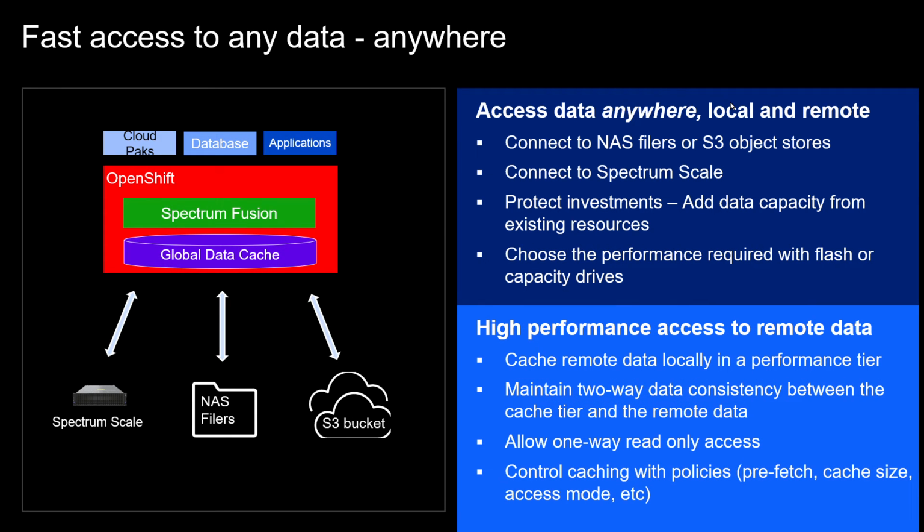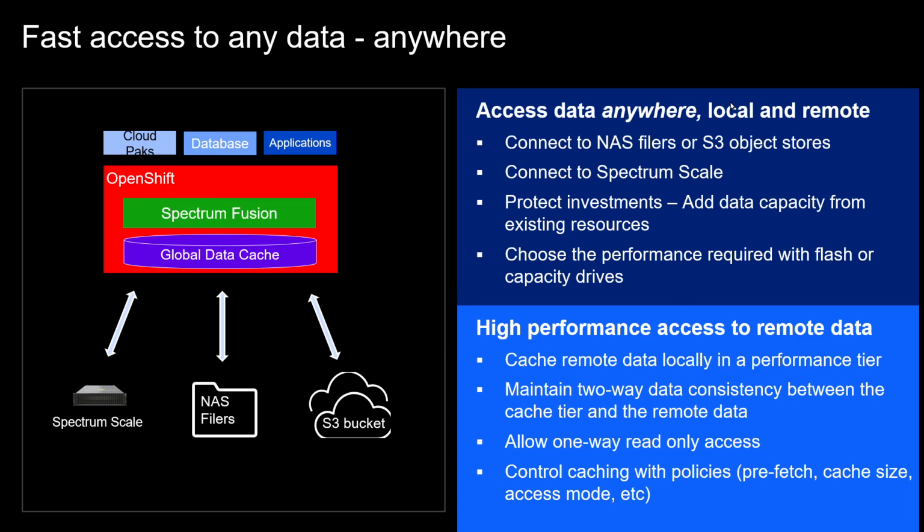Another great benefit is that you can have the data in one central repository, and multiple Spectrum Fusions can actually get to that data, manipulate that data. And it can be Spectrum Scale, it can be a NAS filer, or even an S3 bucket, as we mentioned before. You can use that as your central repository. Now, if you have multiple Spectrum Fusions running and you want better performance because you don't want, let's say, the Spectrum Fusion that's running in AWS to have to traverse all its way down to your